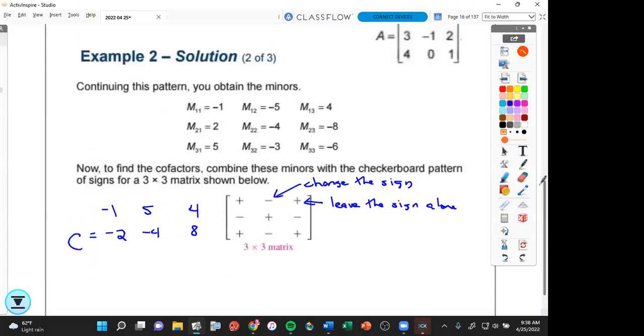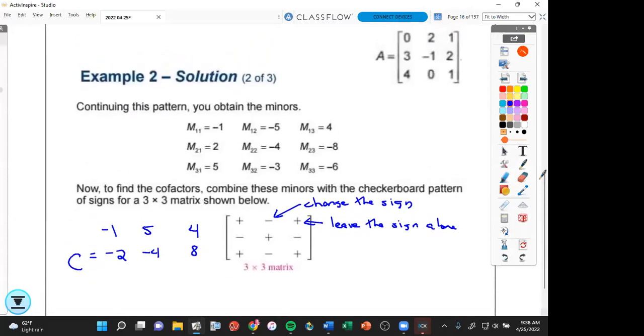Let me go ahead and finish this right here. What they're saying is, if we went across row 1,